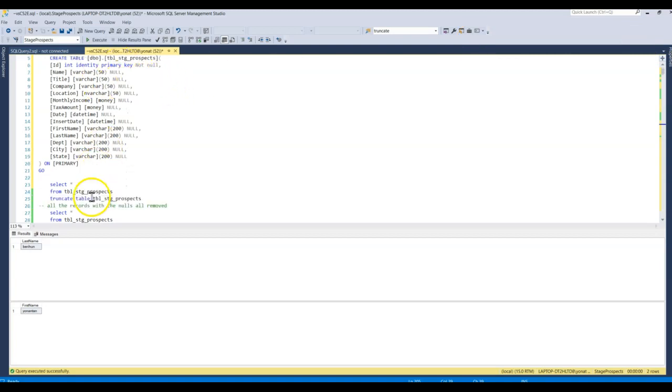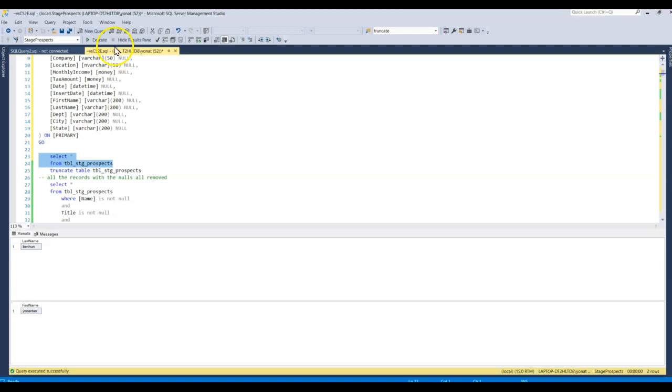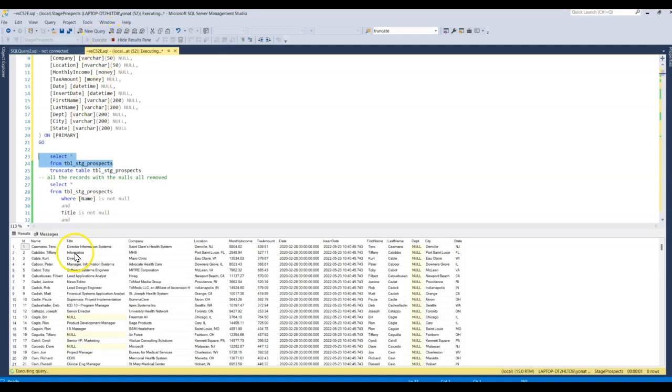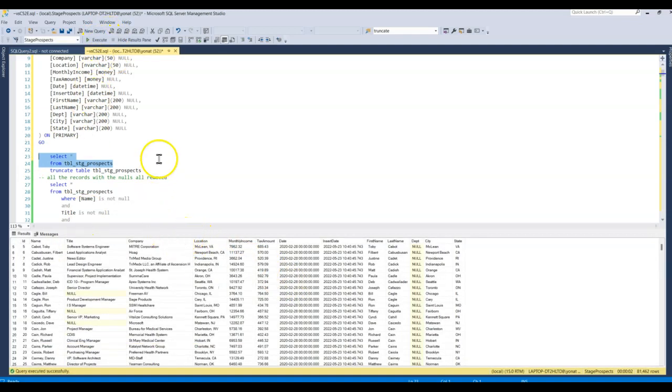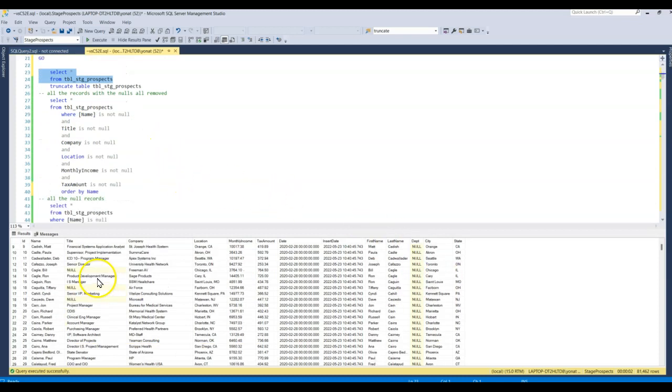It should look like this. And then if I want to read that without any nulls,